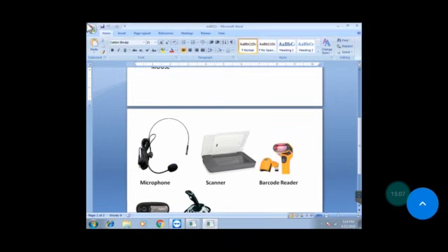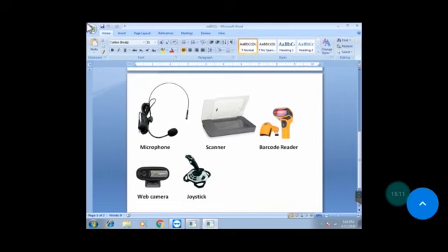Next one is the barcode reader. You can see the diagram, figure, you can see it. It is used to scan information from product labels such as price for billing. Next one is webcam.